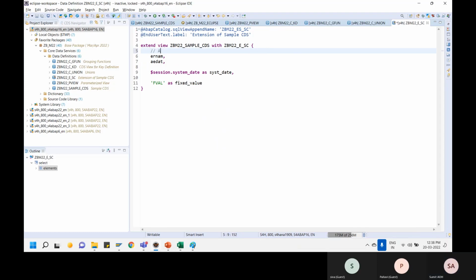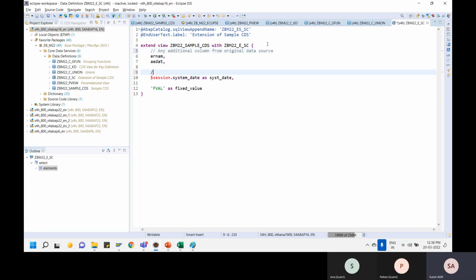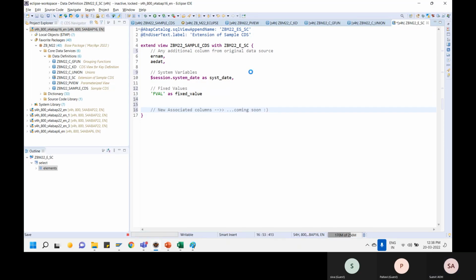I can say any additional column from the original data source. I can say system variables, or I can say fixed values, and you can also have associated columns. You can also add new associated columns as a part of the output, but this is something we would be seeing soon. I can say coming soon. If I just activate this,